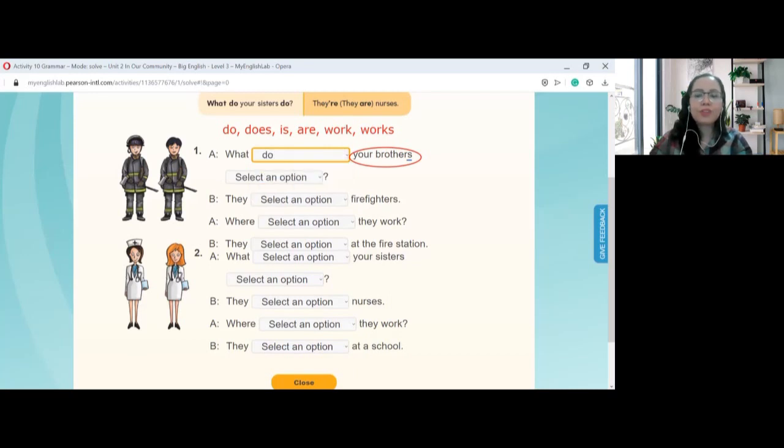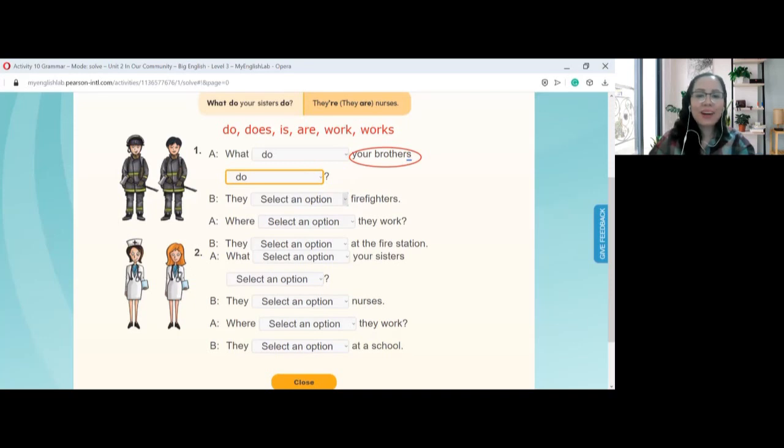Do. What do your brothers? Oh, this one is asking about occupation. So the options must be do or does, yeah? I'm going to choose do. What do your brothers do? All right? And the answer,